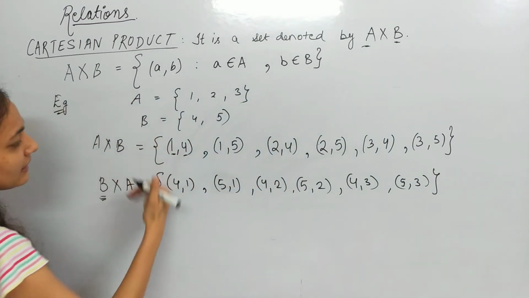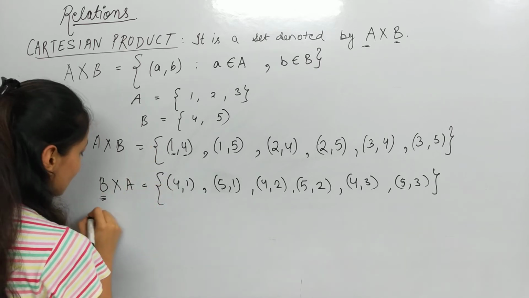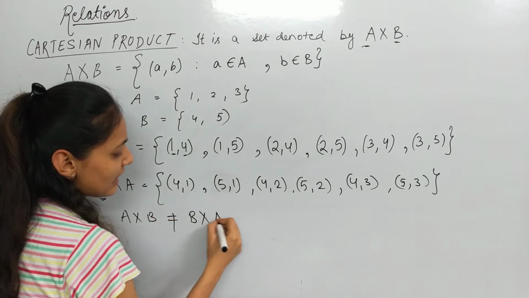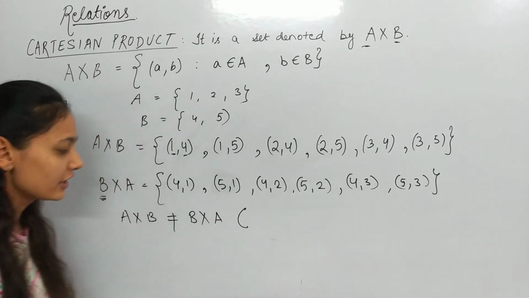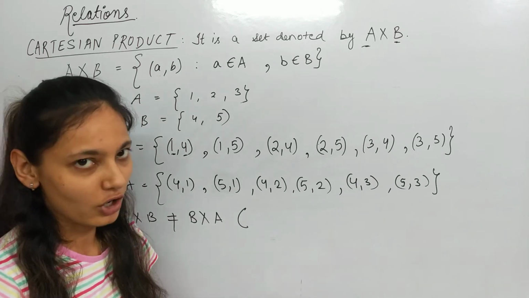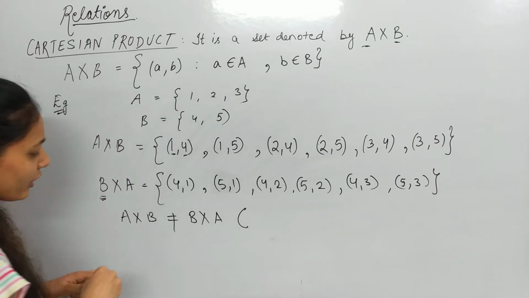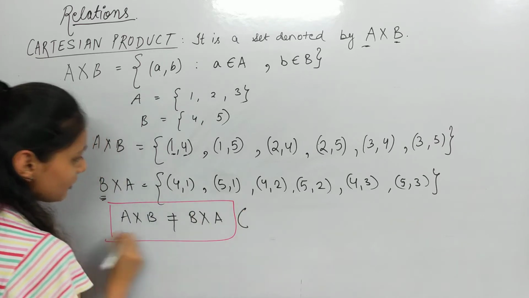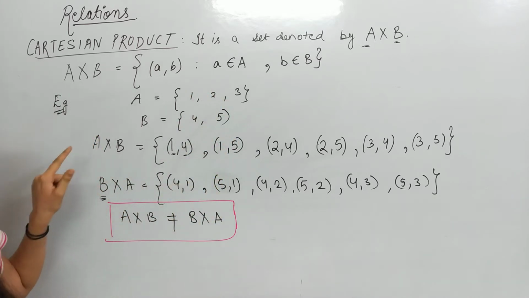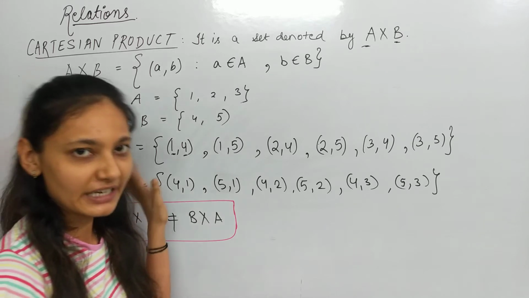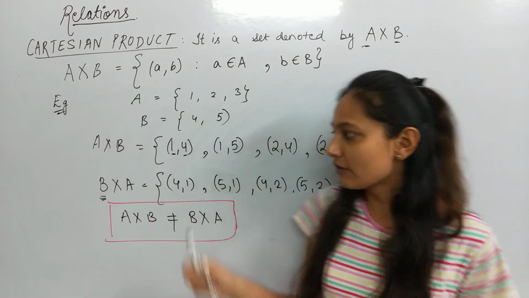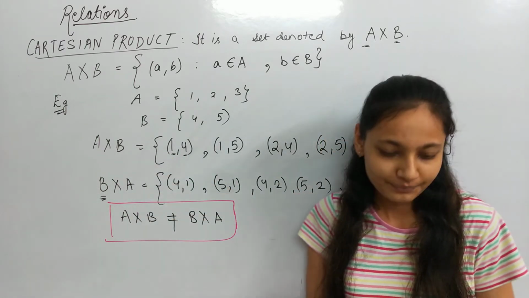So, if you see that these two sets are not the same, so we say that A cross B is not equal to B cross A. That means commutativity does not hold in the Cartesian product. equal नहीं है हमारे पास. हमेशा B cross A will be different from A cross B. So, this is the main point, that the product will be different if you do A cross B or B cross A. So, the first element should be from the first set and the second element should be from the second set, and you will write all possible orders of these two sets. So, that will be called the Cartesian product of two sets.